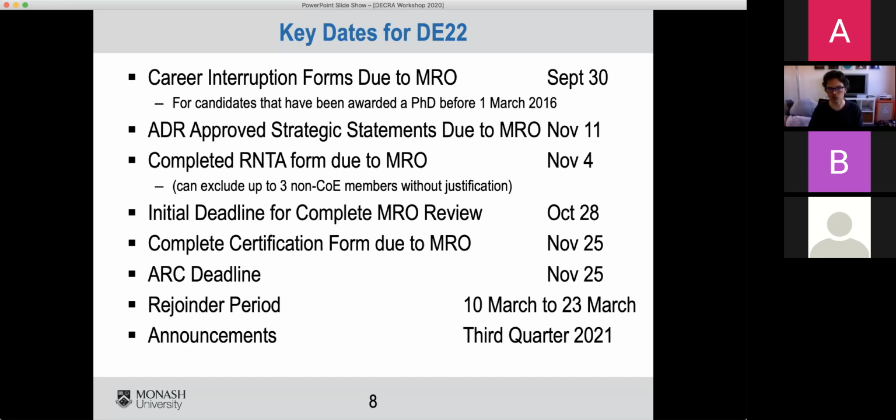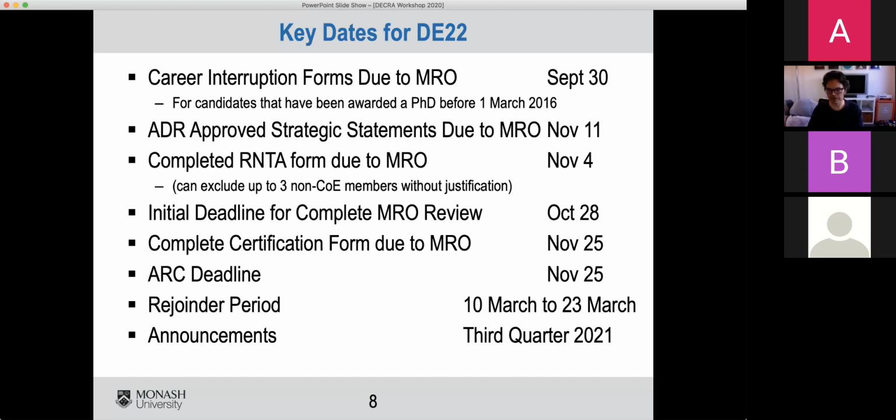A few years ago, there was one grant that was rejected by the ARC on the basis of breaching the medical research policy. It was considered too medical for the ARC, and so got rejected on those grounds without review. So you want to make sure that the Monash Research Office have the opportunity to check for those kinds of requirements.